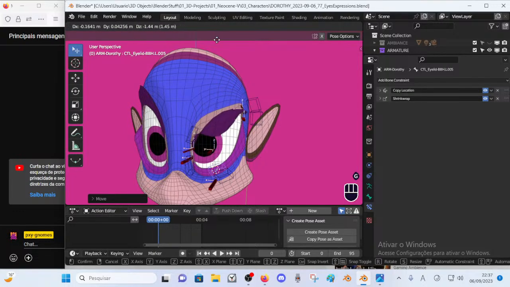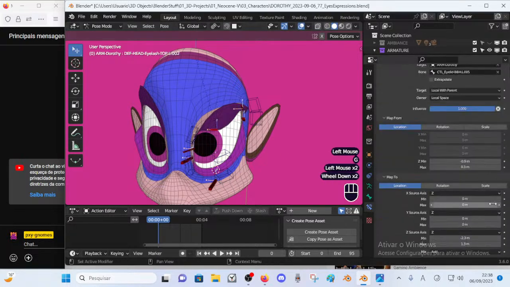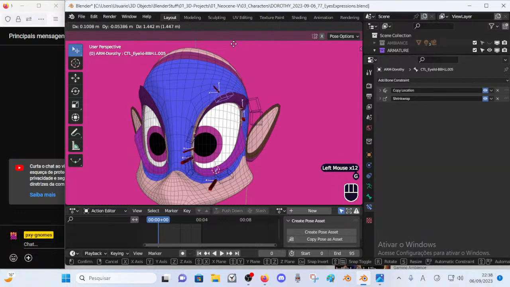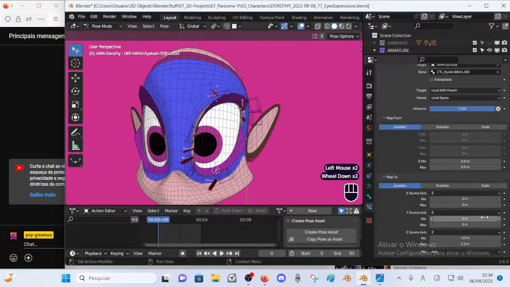Alright, so now that we mapped from, we need to map to. What's happening is that the minimum here is not very good, right? The minimum should go much lesser, right? And maybe the maximum is just too much. Okay, this is correct. Alright, so maybe it was not that much. Let's see.